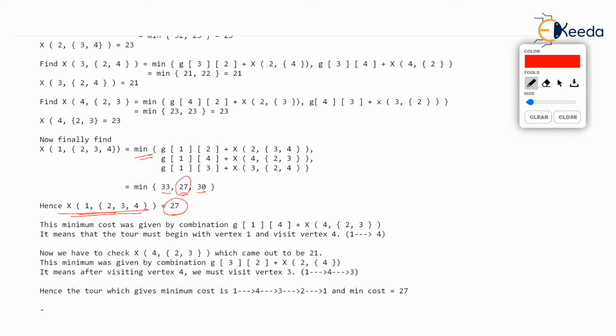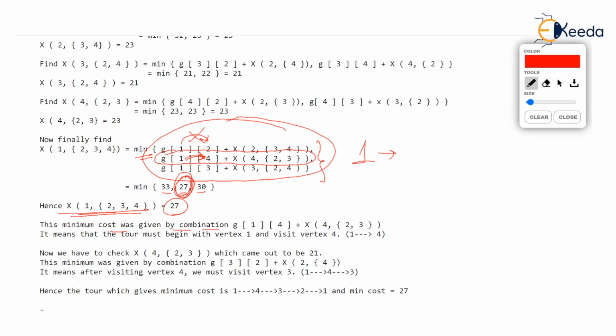Well, the minimum cost is 27, but you will get this tour as follows. Start from the last step where you kept the cardinality of the set as 3. Now, which out of these three possibilities gave you the minimum? Yes, the middle one. The middle one gave you the minimum, 27, which means this G14 gave you the minimum. It means that if you start your travel from 1, you will not go to 2 or to 3, but you will go from 1 to 4, because if you go from 1 to 4, you are going to get the cost of 27. So your tour should begin as 1 to 4.